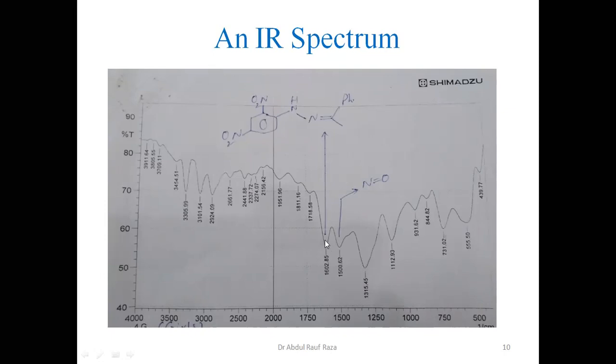Anyhow, this absorbance is due to the carbon nitrogen double bond, and this absorbance is due to nitrogen oxygen, because in the nitro group we have nitrogen oxygen double bonds. So this is how an IR spectrum looks like. Along the x-axis, we have wave number, which has its maximum value at the origin, 4000. The IR region is divided from 333 to 4000, where we observe transitions in vibrational energy levels following the selection rule V plus or minus 1. And along the y-axis, we have transmittance. In microwave, we also have transmittance.